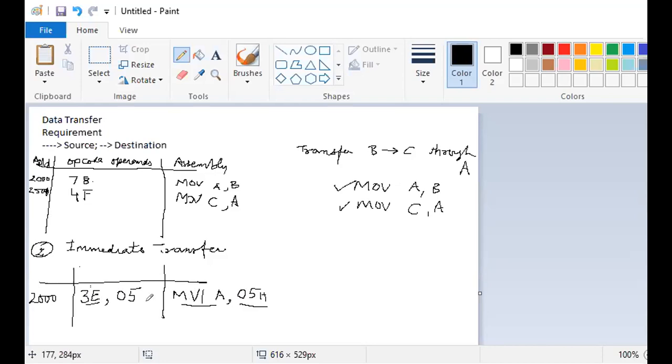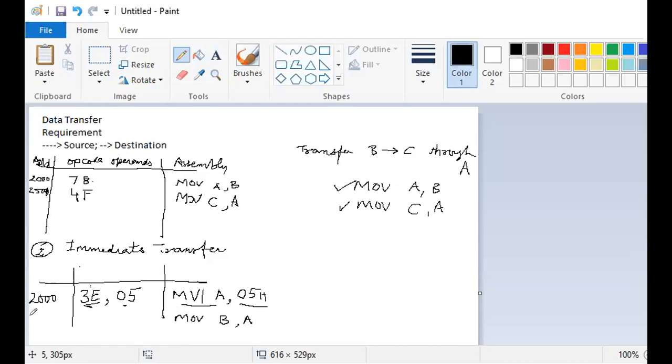Now if I wish to move the content of the accumulator, which is 05, into some other register, that will go this way: move the content of register A into register, supposing B. Then this instruction will be stored at 2002, since this is at address 2000 and this is at address 2001.